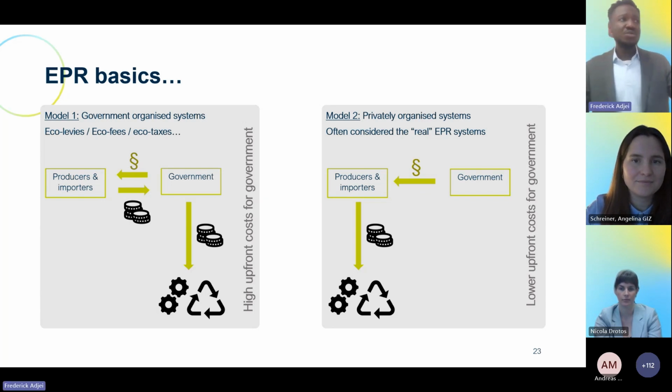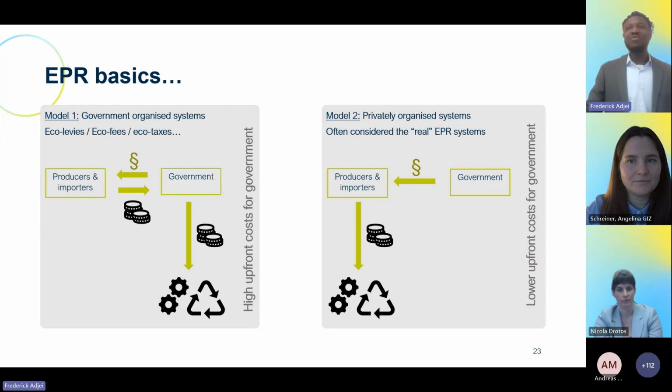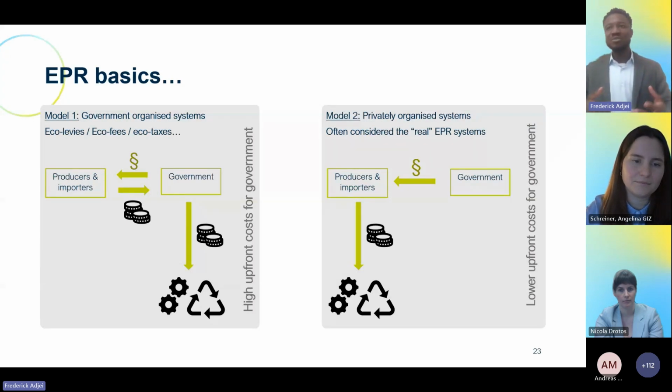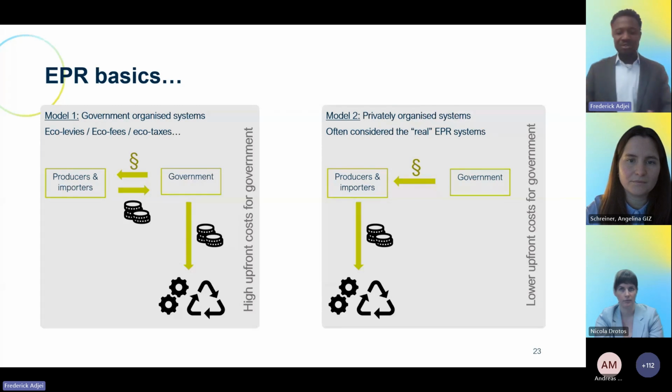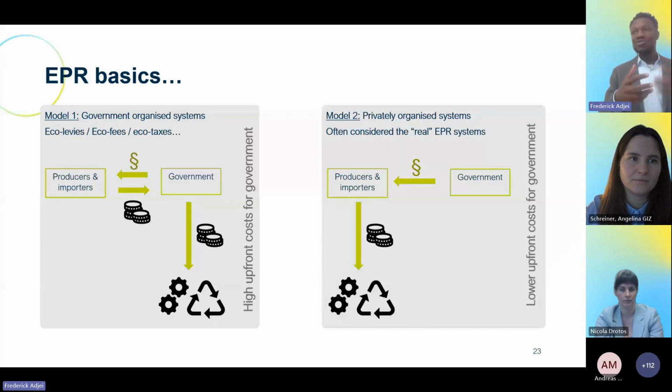Yes, again, with these two models that we have, in both situations this is actually very beneficial for products where there's no profit. For example, they are not self-financing. So you take either eco fees or eco taxes, and this is what should finance PROs or recyclers engaged in such activities. It's the same. If government sets the laws and takes the financing, then government is responsible to pay PROs for the work that they put in to recycle these fractions. If PROs are set up as privately organized systems by producers, then producers directly have to finance the management of